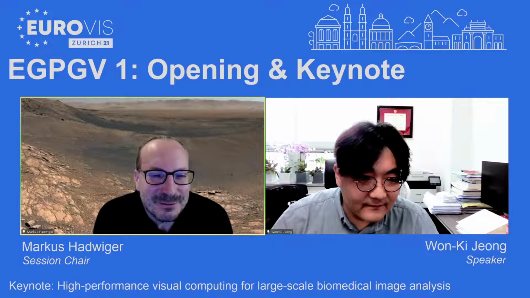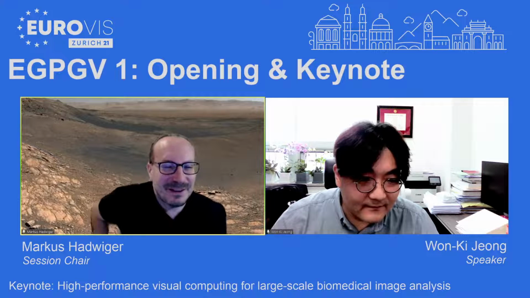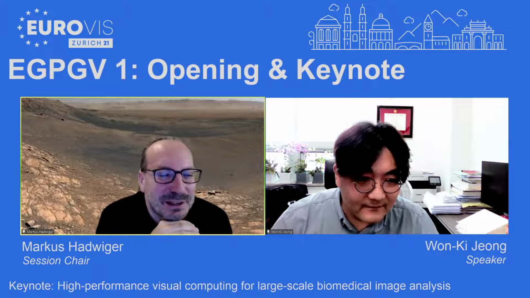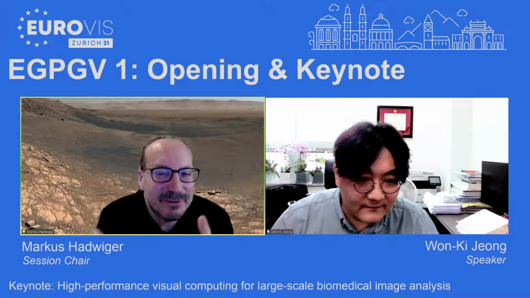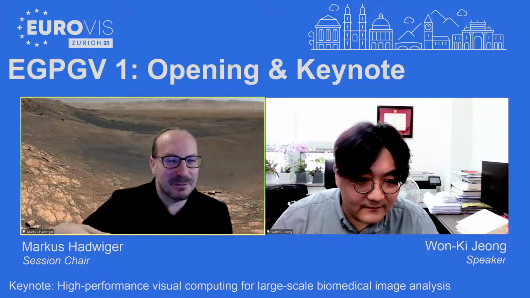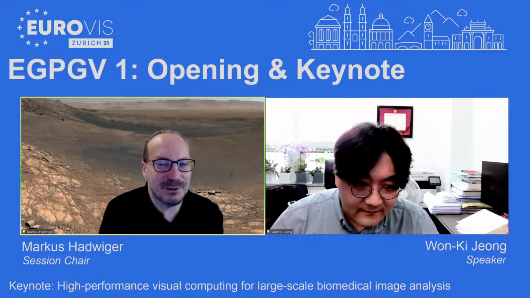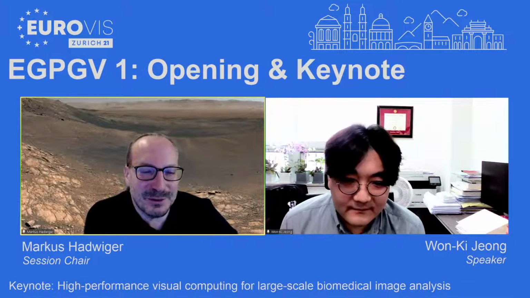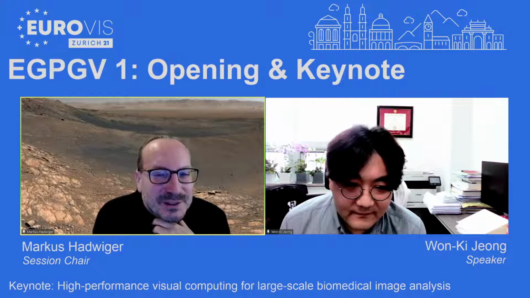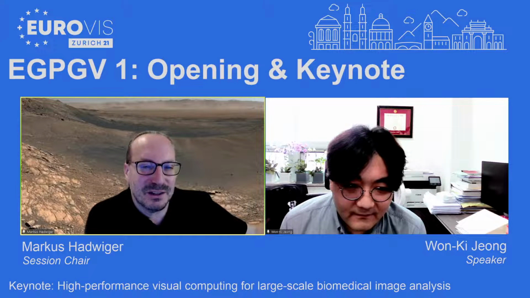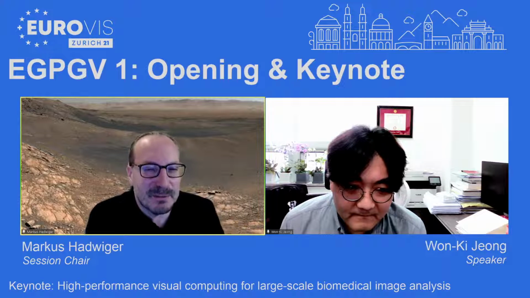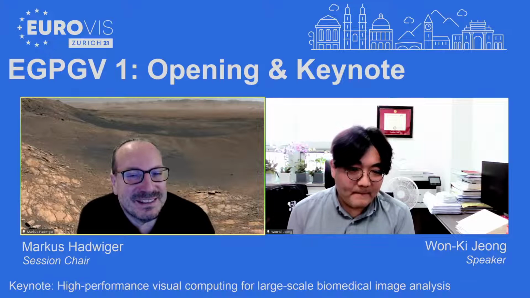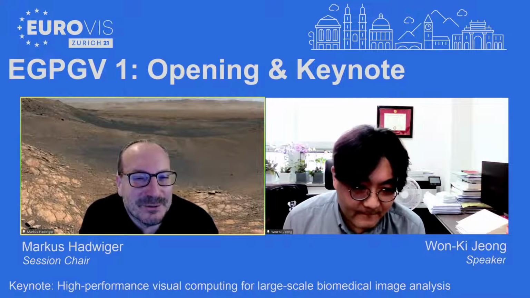So maybe I start with one or two. I'm wondering, we are doing all of these really nice big software engineering projects. How do you deal with all this effort? You make it easy for other people to use GPUs and heterogeneous systems and so on, but what you have to do in your group is a huge effort. So how do you deal with this? And also, what are your preferences of APIs, and how do you teach your students, and how do you manage all of this heterogeneity in the development effort?